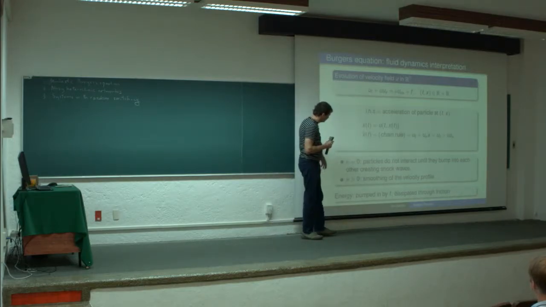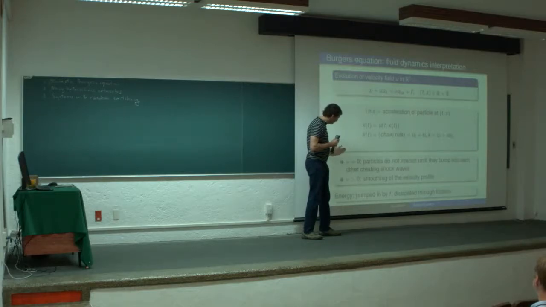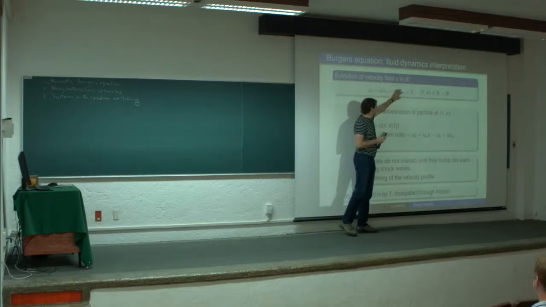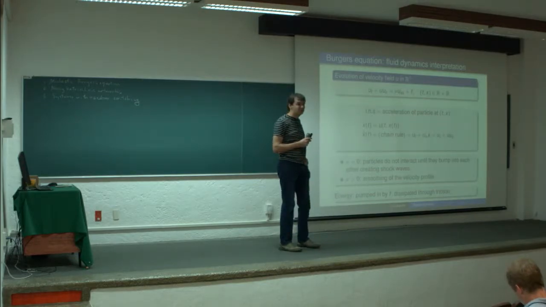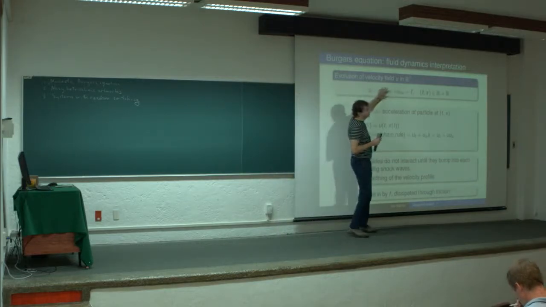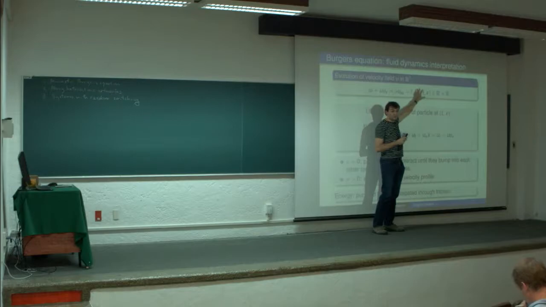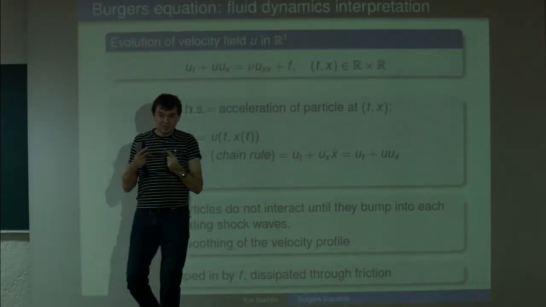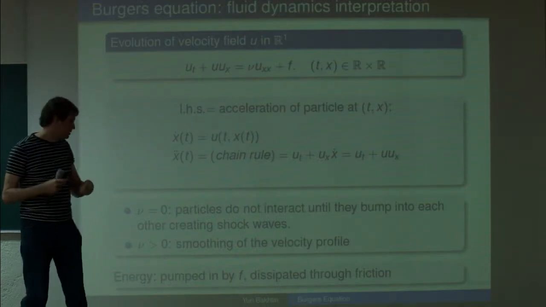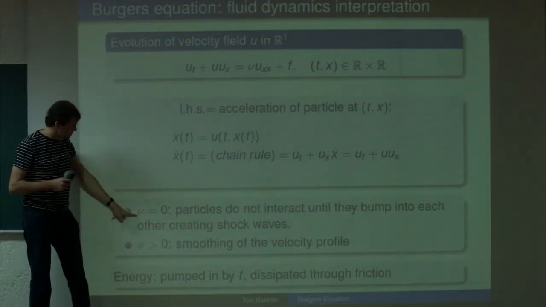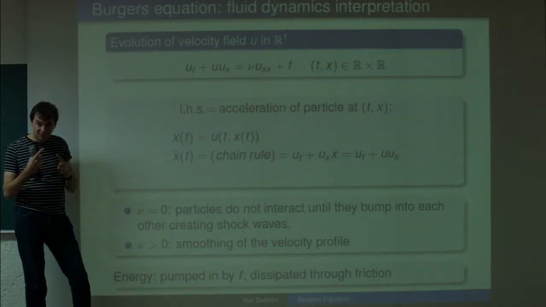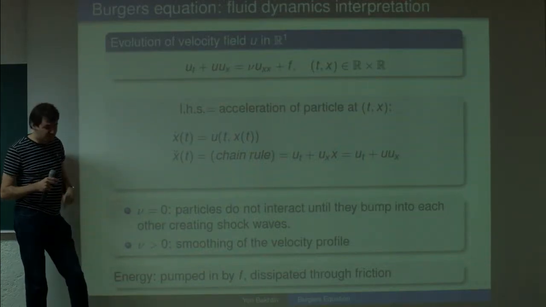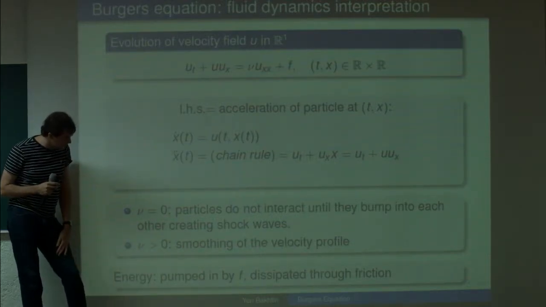And so there are two distinct situations here. If viscosity is 0, then this term is not present, and we will see in the next few slides that then it means that particles do not interact with each other, right? So this equation sort of says that the acceleration is only expressed in terms of the external field F. So they do not see each other until they bump into each other. And they do, and that's what the next slide will talk about. So in this case, there always will be shocks, discontinuities of the velocity profile that are due to particles bumping into each other, essentially. In the positive viscosity situation, this doesn't happen